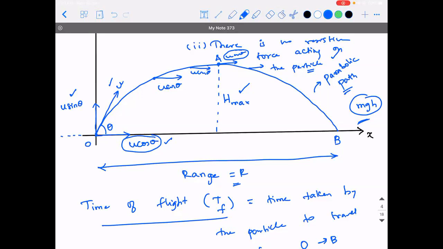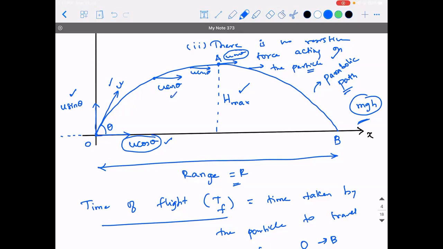Okay. But there is something called the radius of curvature existing for this. But I don't want to get into too much depth because that is not there for CBSE. So let's not worry about it. I'm talking about the linear acceleration, nothing related to angular acceleration.